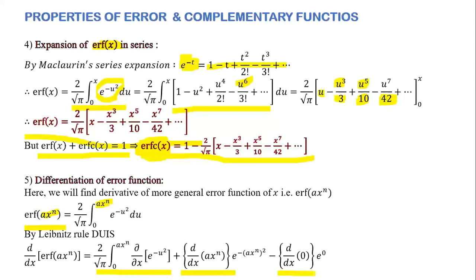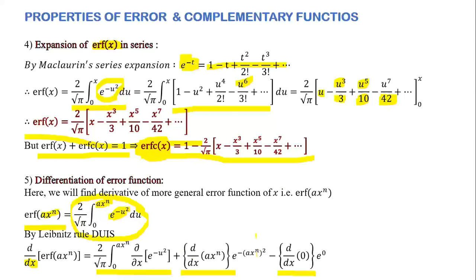So how do you write the first term? In the first term, you have to write the same integral as it is. This is our given integral. Just replace the integrand, e raised to minus u square, by its partial derivative with respect to x. I keep the remaining part as it is, 2 by root pi, 0 to x raised to n. Now just replace this function by its partial derivative. Now plus.